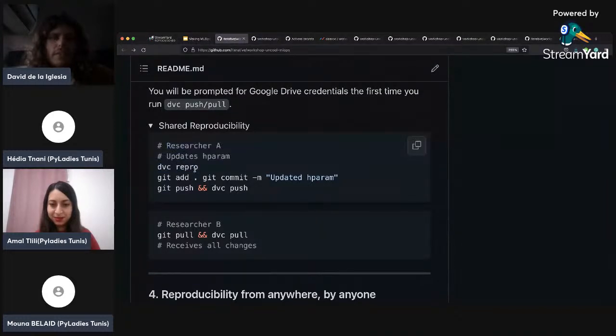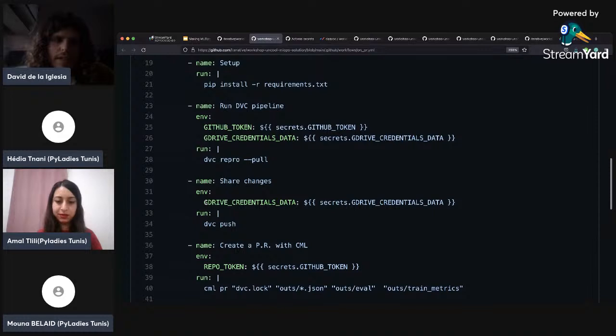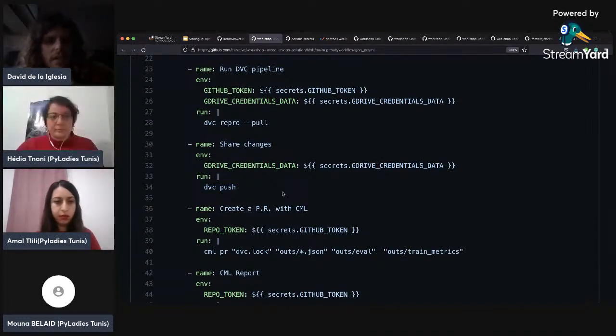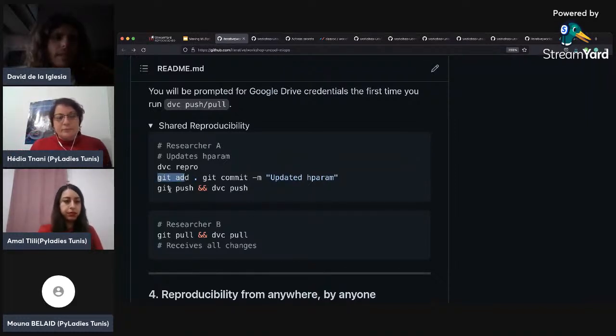researcher A was running on his computer, but in this case, it's going to be run on this GitHub computer that is provided to us every time we run a workflow. So because we have granted GitHub access to our DVC remote, we can push the changes to the DVC remote. So after this pipeline has been run, all the changes are available for anyone with access to the remote. Because we also have changes to be tracked by Git, this can be a little tricky to do, because when you are running this locally, you can run git add, git commit and git push commands, but it's more tricky to do this